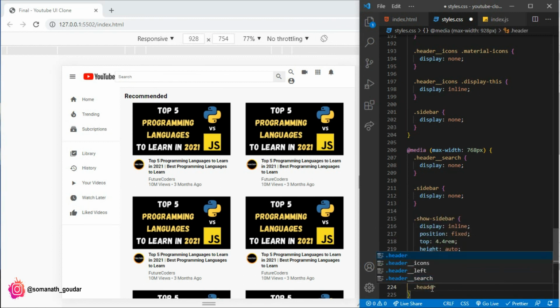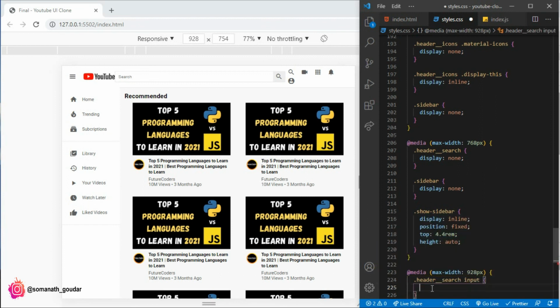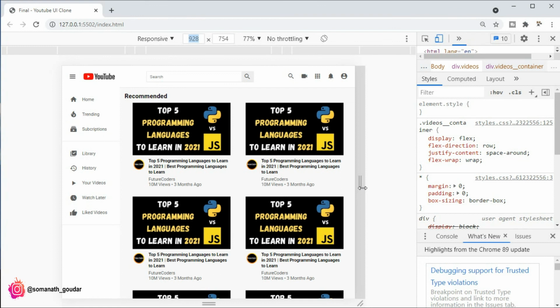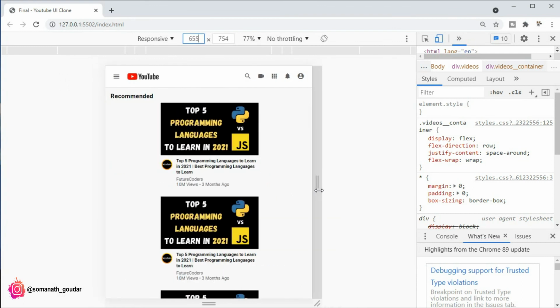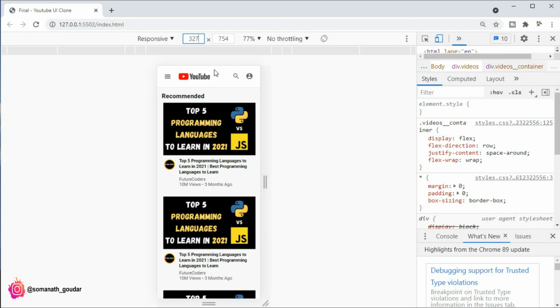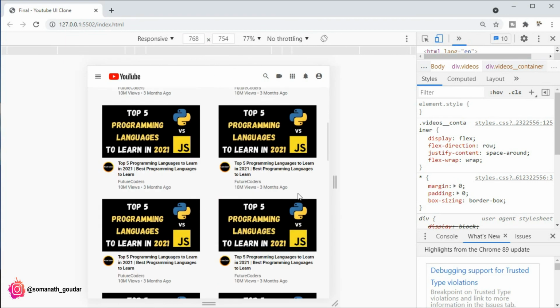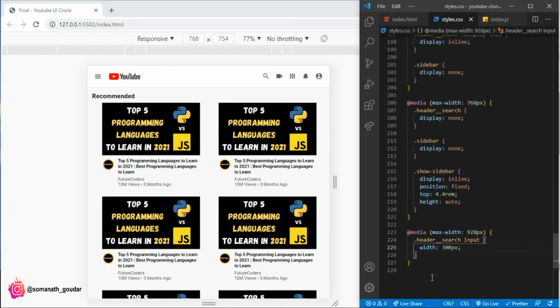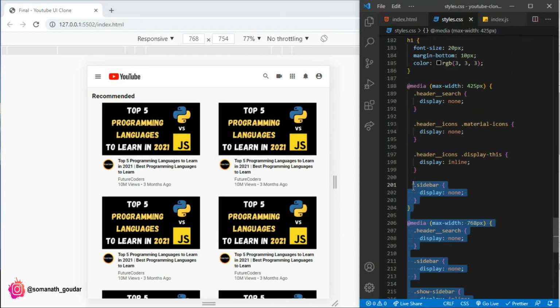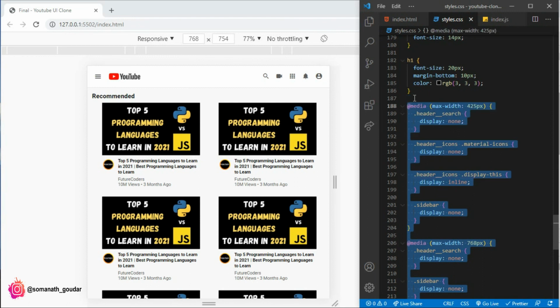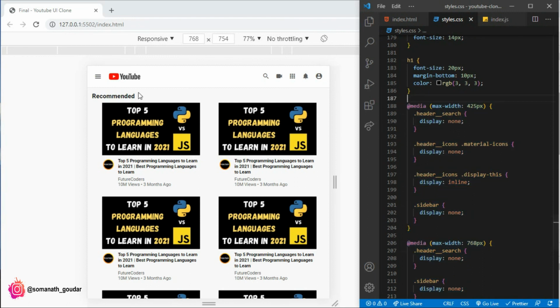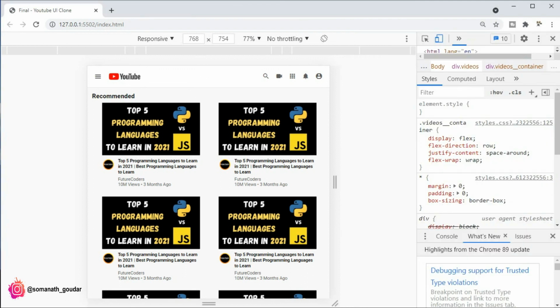I'm just going to target that header search, and that input, I'm going to reduce the width to 300 pixels. As you can see, that actually fixed the issue. We now don't have any issues, and it's responsive. Our YouTube clone is actually responsive now by only adding this much of code. That's not much, but it has made a quite effective difference on our build.